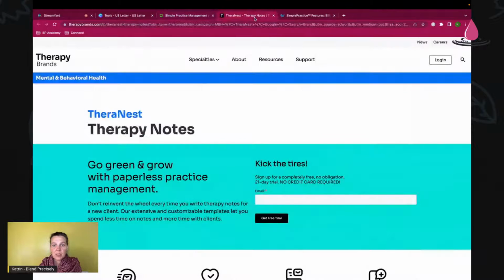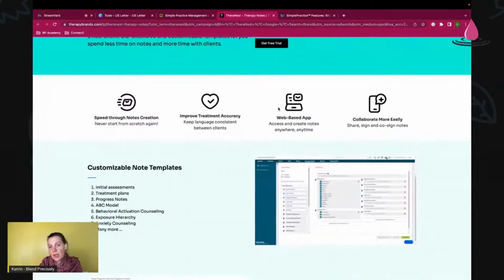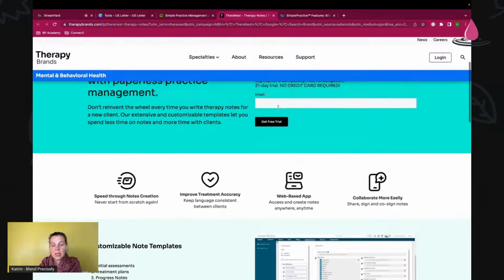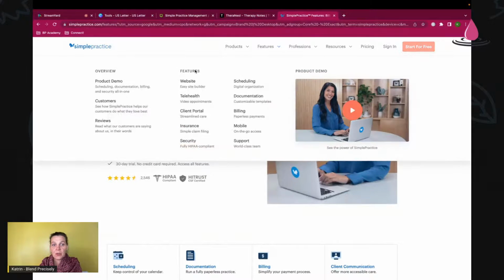Every tool is a little bit different, so you probably want to see if you can find a trial and see if you like it. If it's too complicated, maybe take another one and try it out. Simple Practice, for example, lets you build a website, but at the same time has a client portal and scheduling software, documentation, billing, and on-the-go mobile access, probably for the video calls.